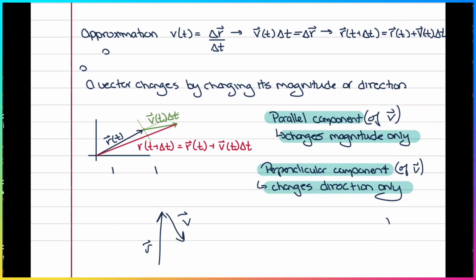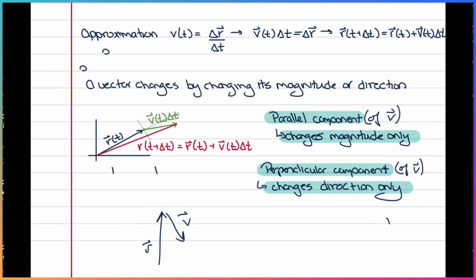Just by this alone, I can say what's going to happen. I know that the magnitude is going to shrink. So it's going to go here, and then the component of v that is, in this case, anti-parallel to r is going to shrink the length of the vector. And then the part of v that is perpendicular is going to be shifting the direction